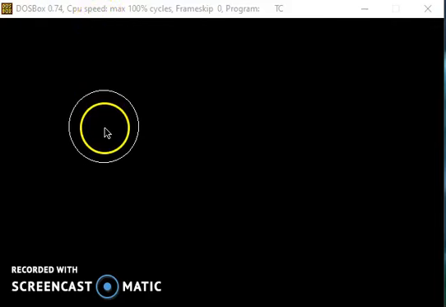So this is the center, and 50 pixels is our radius value. If we increase the radius, we see the center is the same, but we get a bigger circle. So the center decides the location on screen where you want the circle, and the radius decides how big it is.